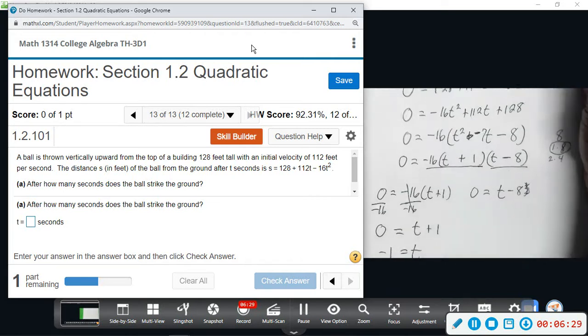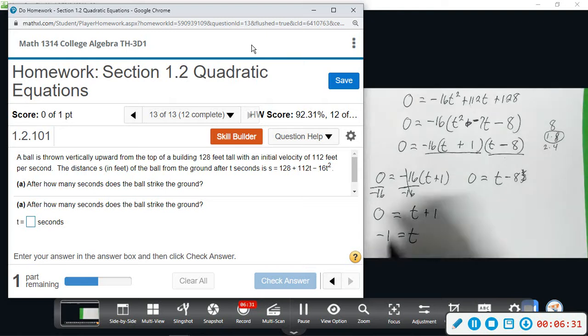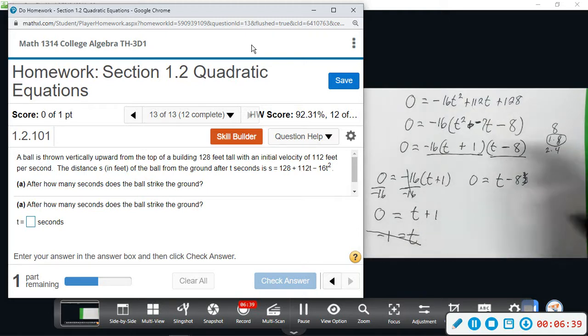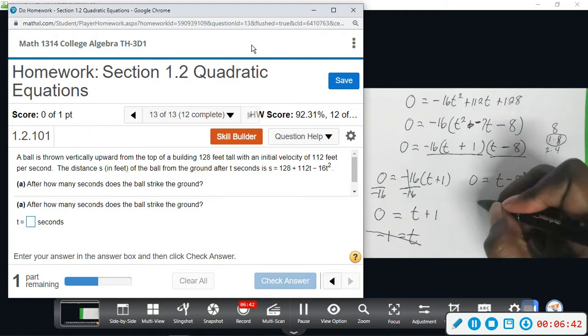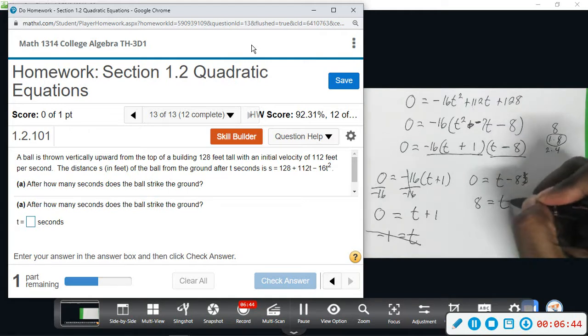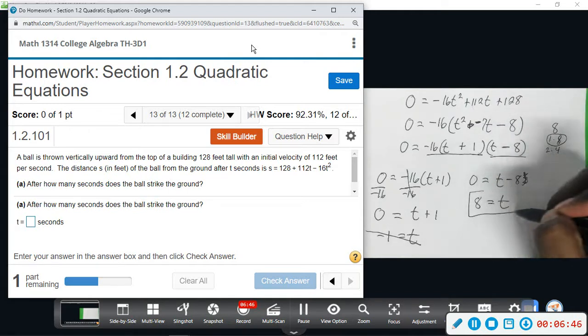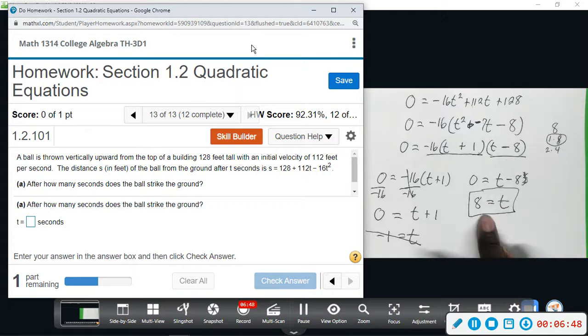So be mindful, this is a real world problem. T is time, and there's no such thing as a -second. So this will not work. We will throw that answer out. When we solve this one, we would add 8. So 8 equals t. So this ball will hit the ground in 8 seconds. So that's what we get here. So after 8 seconds,